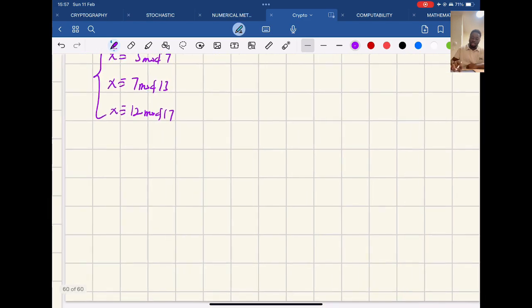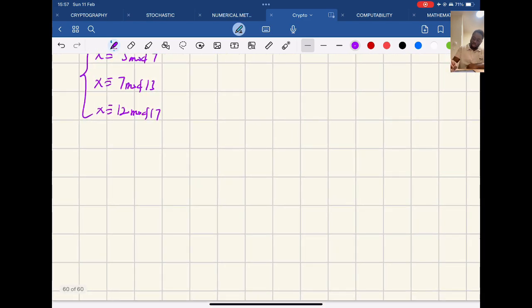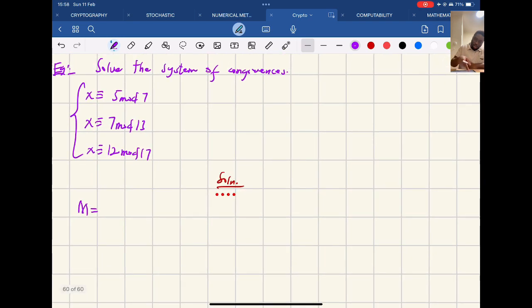So now having this, the first thing that you have to do is find your big M. Your big M is equal to your m1 times m2 times m3. So m1 is 7, times 13, times 17, and that is equal to